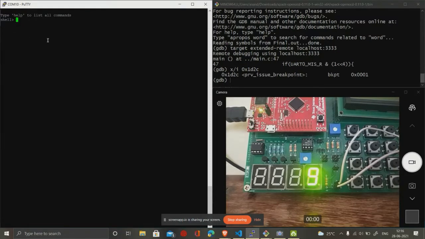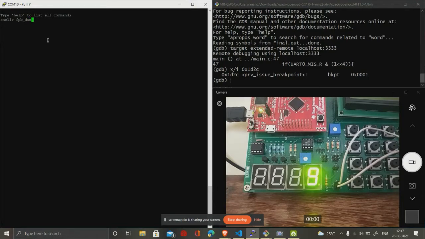This demonstrates the working of a breakpoint, but we can also add a breakpoint at any desired location. These are the hardware breakpoints. There are actually 6 breakpoints available in our Tiva C board. To know about that, you can use this command, fpb dump.